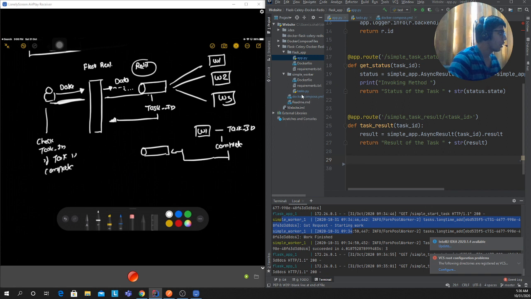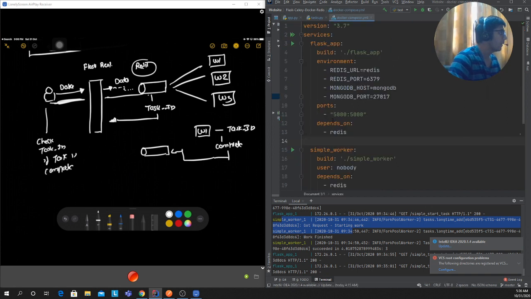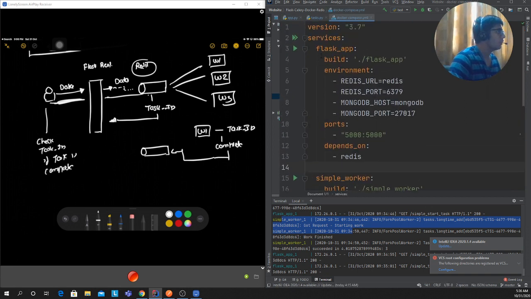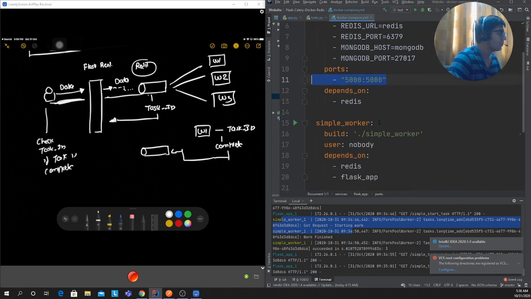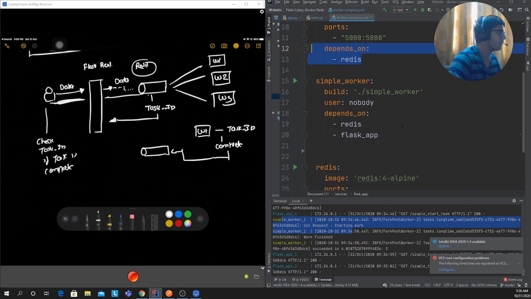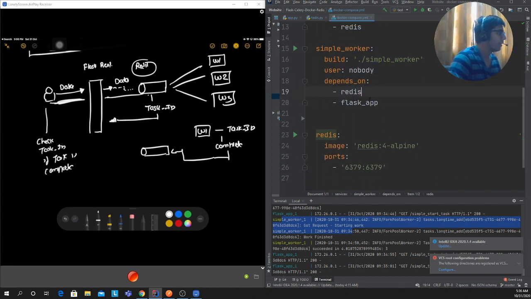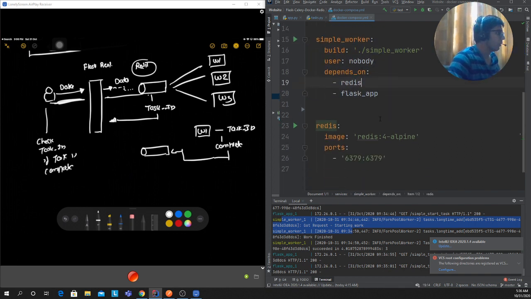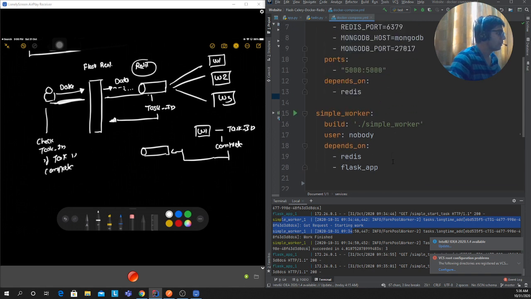And if you want to see the Docker Compose file, the YAML file, so we have a simple build, everything in that folder called Flask. Expose port 5000, it depends on Redis. This is the worker that we have defined, Celery worker. So this is the Redis image, Celery image, right?